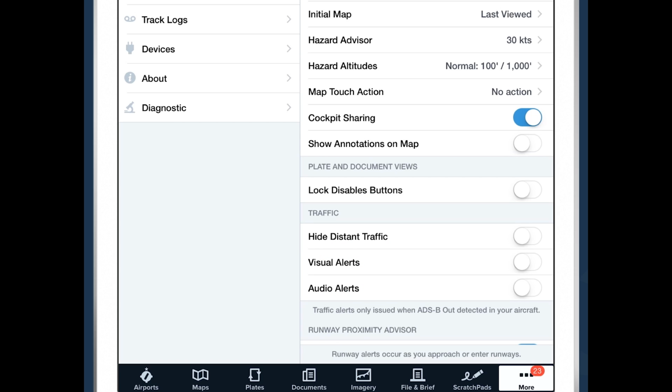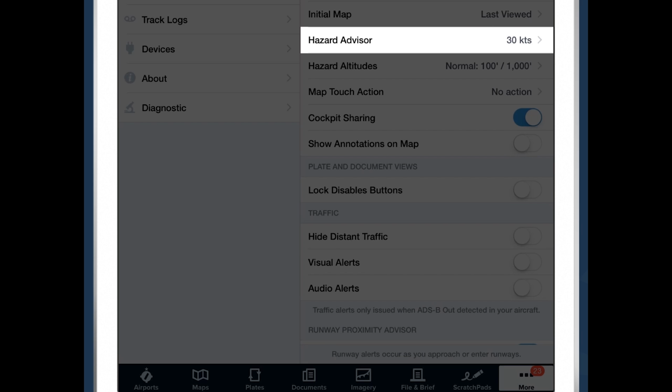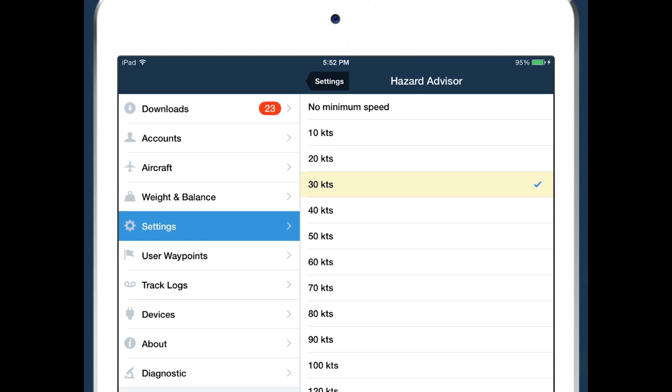So the Hazard Advisor that we looked at earlier in ForeFlight is a really great tool. It gives us that excellent top-down information about all of the terrain in our area. But we don't want that to turn on too early. When we're on the ground, we're going to get all red, and that's not going to give us any good info. So we can adjust the speed at which that becomes active by selecting the Hazard Advisor option, and then